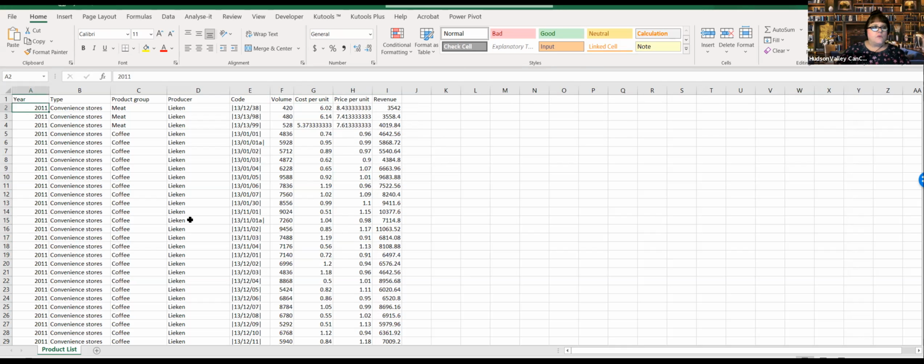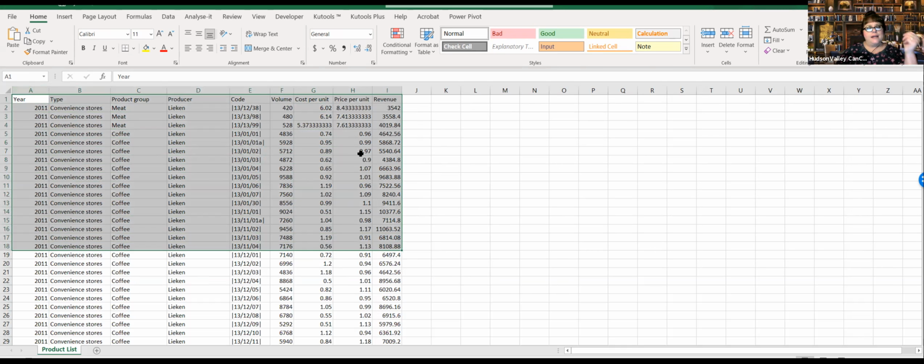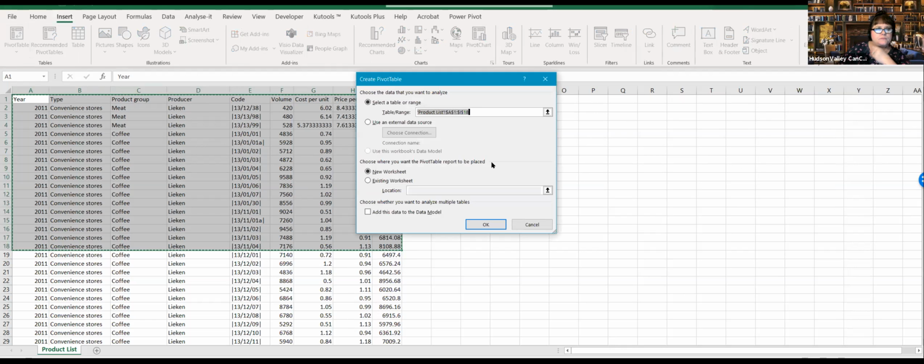Okay. All right. So what we're going to do is we are going to select all of our data. Now we've got a lot of data here. So what I'm going to do is I'm just going to select what I can kind of see here. I'm not going to get crazy over the fact that I didn't get all of my data. That's not a problem. I'm going to go up and click on Insert Pivot Table like we've been doing. And before I click OK, I'm going to make sure that the number of columns and rows are represented here. So it goes from A to I, and the value that we're looking for is, do you remember,